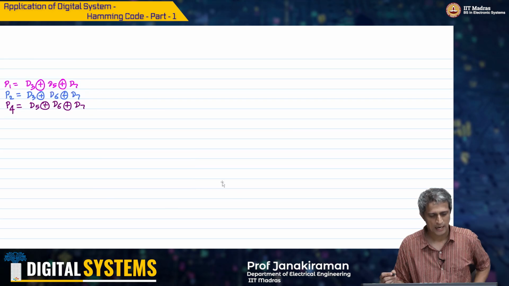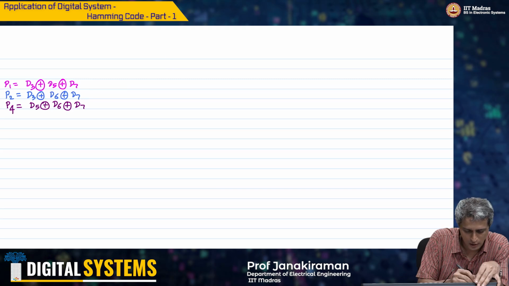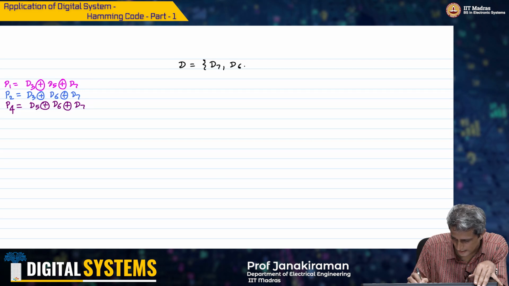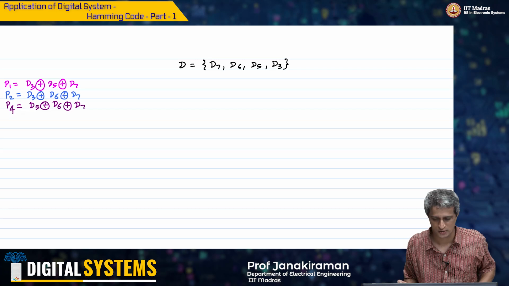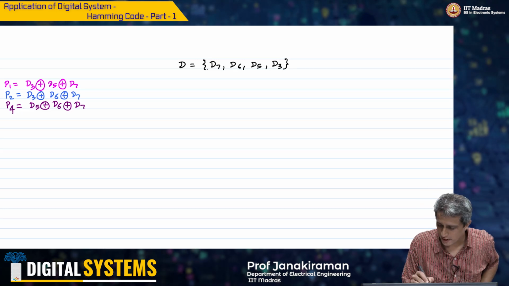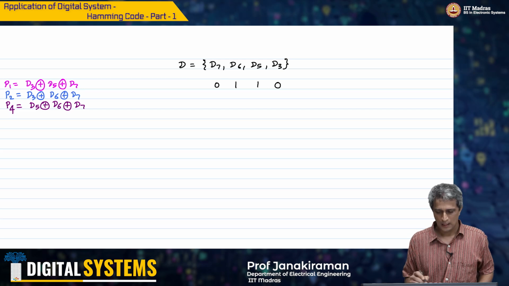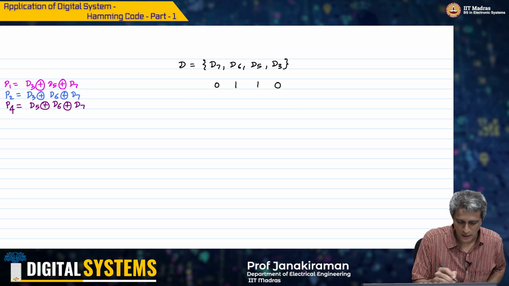Okay, and let us say, so what are my data bits? I am trying to send data D, which is D7, D6, D5 and D3. These are the 4 bits of data that I am trying to send across. So, if I want to send 0, 1, 1, 0, then I have to calculate